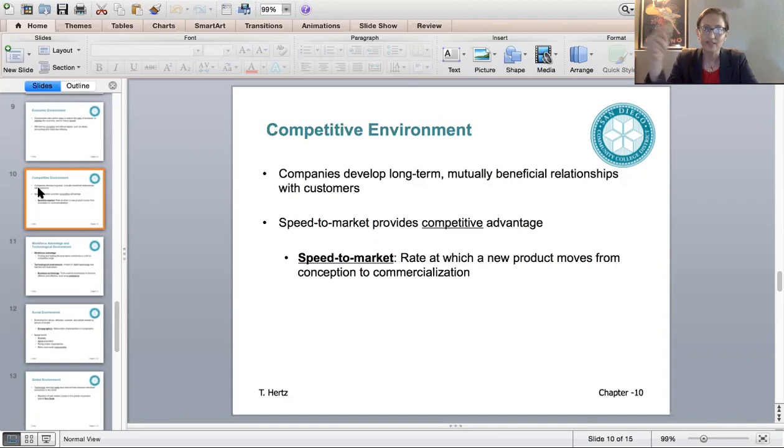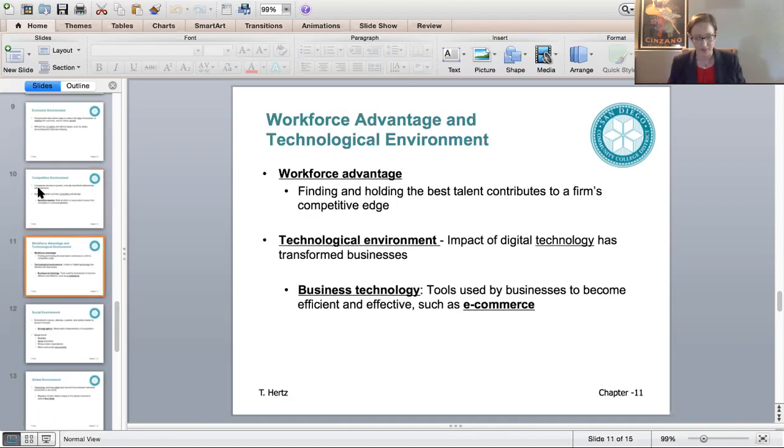If you're the only one selling whatever it is, that means there's no playbook. You're out there making it up, trying to figure it out. I mean, obviously not totally making it up. You're listening to your customers and things like that, but there are problems with that. And so we also can have a second mover advantage. By that, I don't necessarily mean we're second, but we're not the very first ones to market. There are advantages to that as well. So speed to market has an impact on how successful we are.